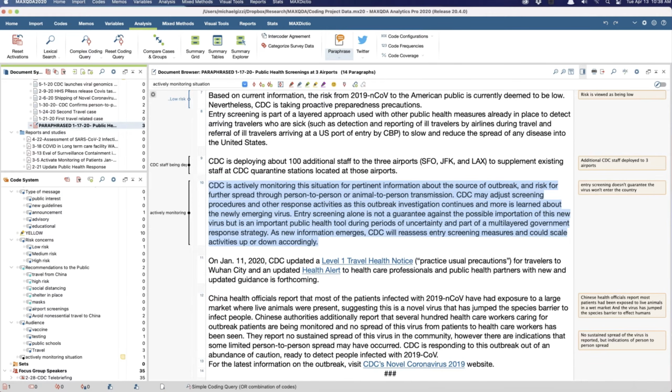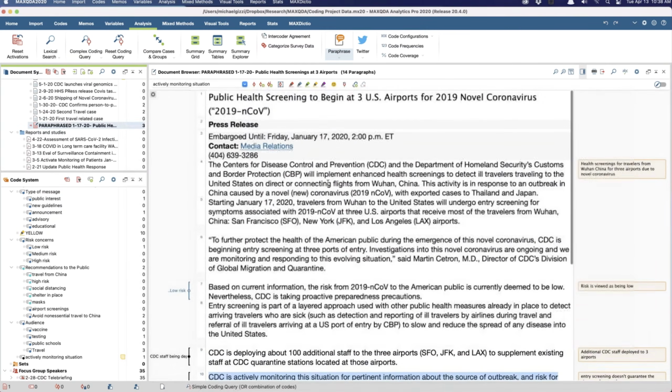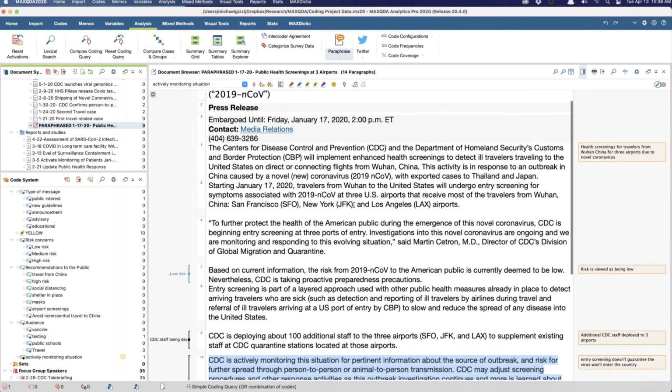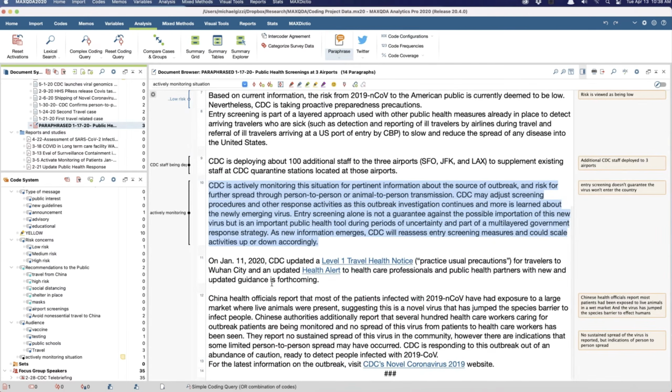Always feel free to keep asking questions. So let's see here. So I've created several codes. Again, the process is fairly simple here. This is interesting.